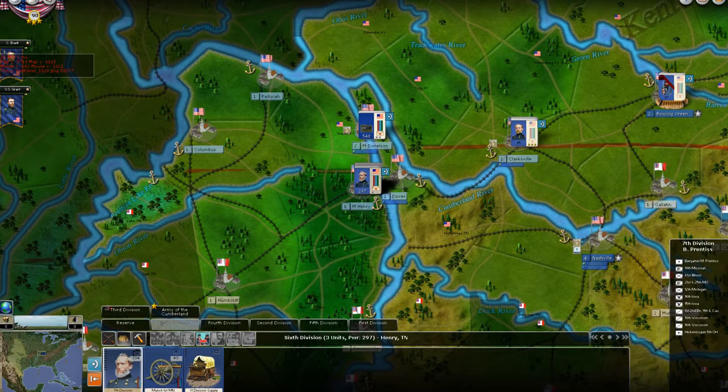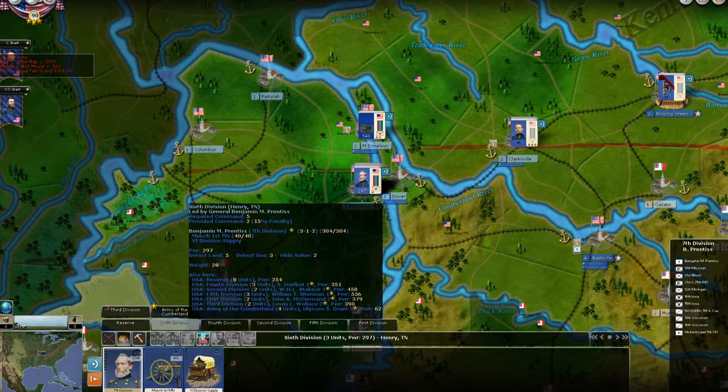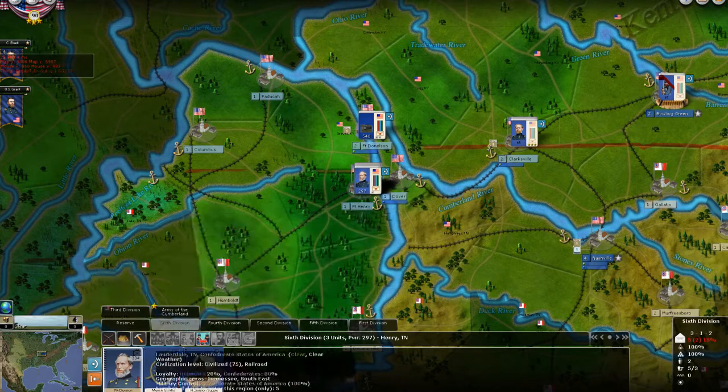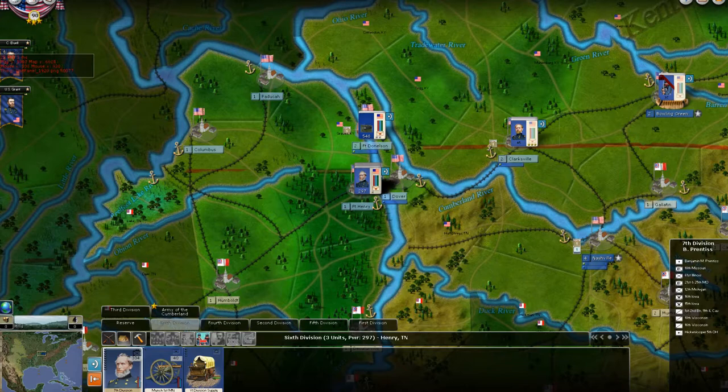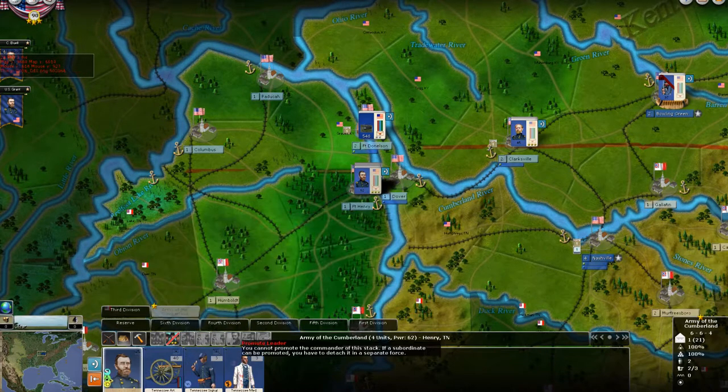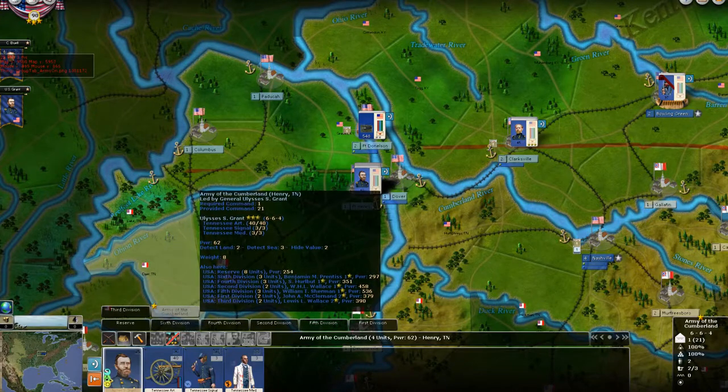So I've just created the 6th division, actually it's now called the 7th division, even though it says 6th division over here. It's really the 7th division. That's very confusing. So now I have the Army of Cumberland,